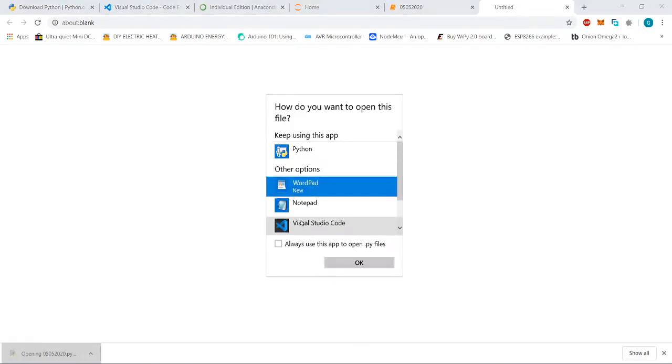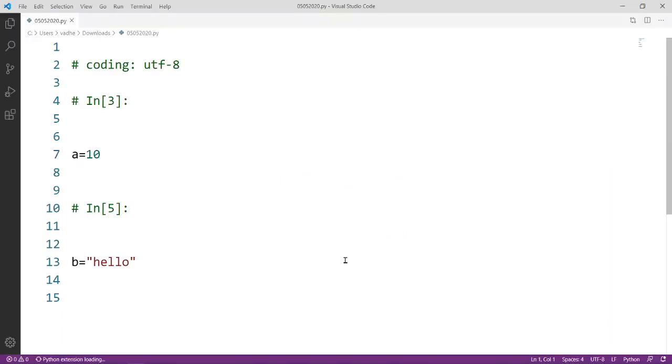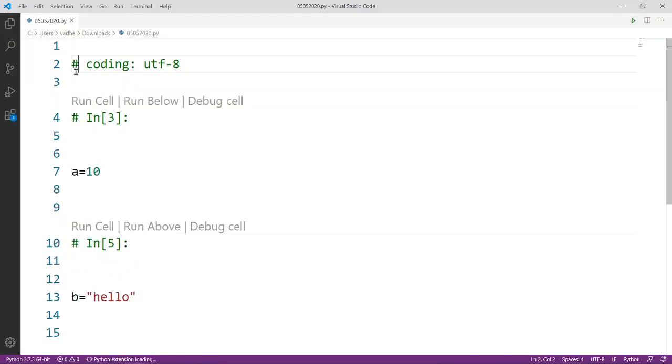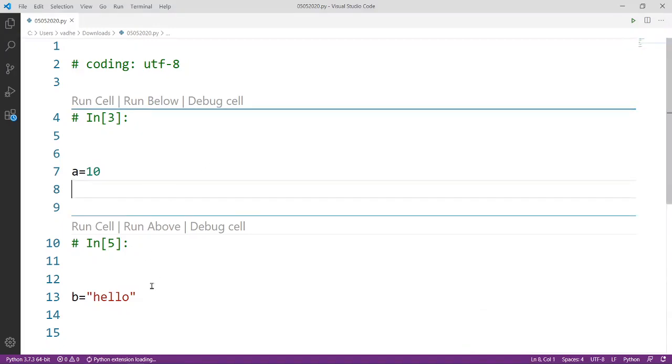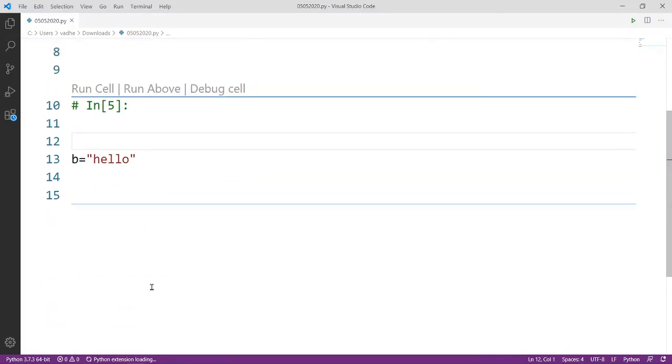Let me try to open it in Visual Studio Code. Here you can see the lines marked with the hash are comment lines, and these are the statements: a equals 10 and b equals hello.